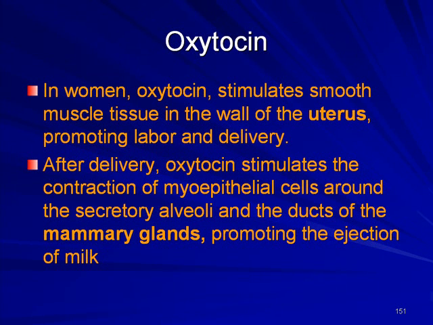Also, when a mother starts breastfeeding and she hears the baby crying, there's a neuroendocrine reflex: the mother will start lactating in response to the baby crying. Also, during orgasm, oxytocin is released. The uterus contracts, and it also causes the myoepithelial muscles in the breast tissue to release milk. So several different mechanisms can cause the secretion of